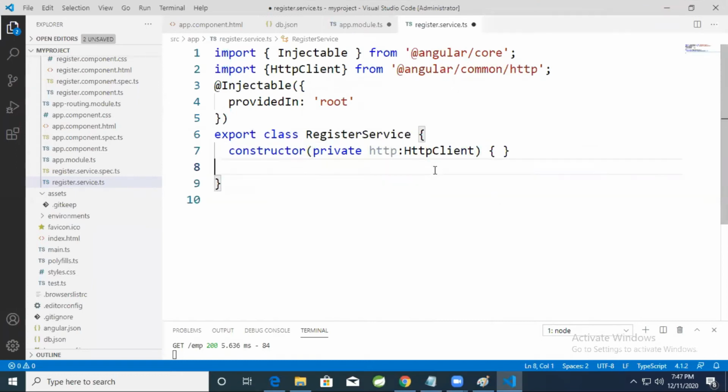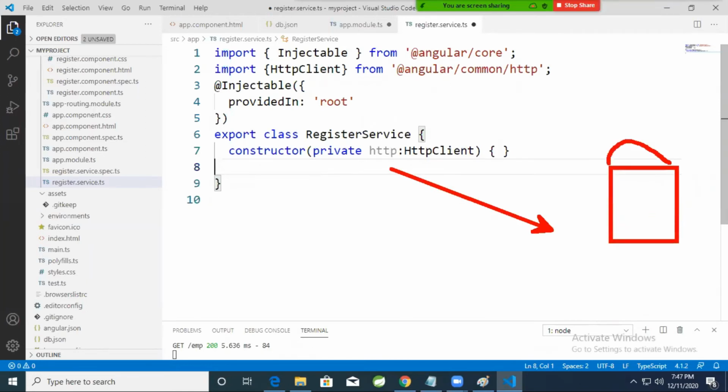That is the purpose of this HttpClient. So what is the purpose of http here? It is used to communicate with what? Database. Here database calls will be there. If you want to perform any CRUD operations, you can call these methods. If you want to get the data from the database, you use the get method.